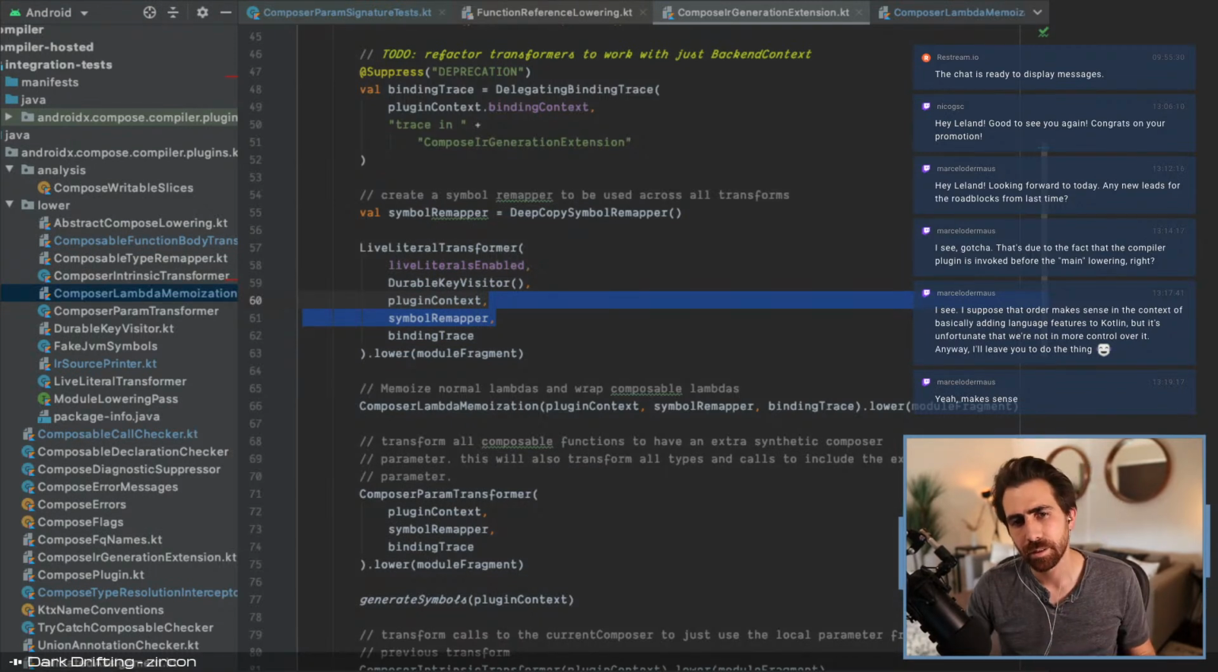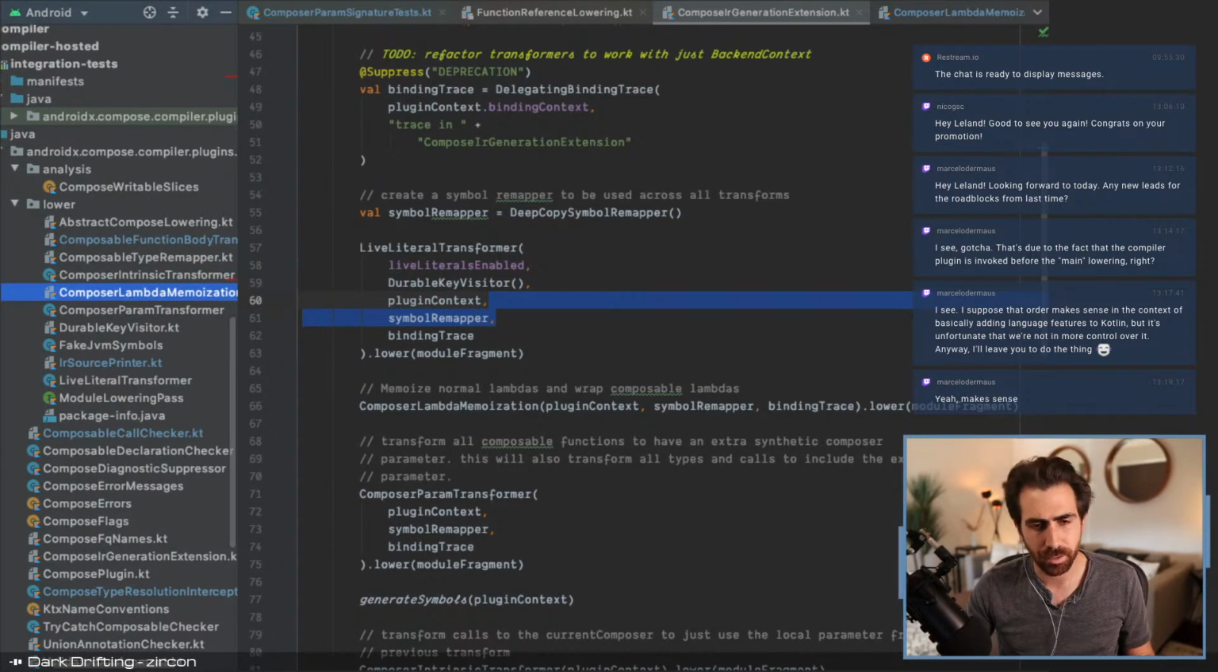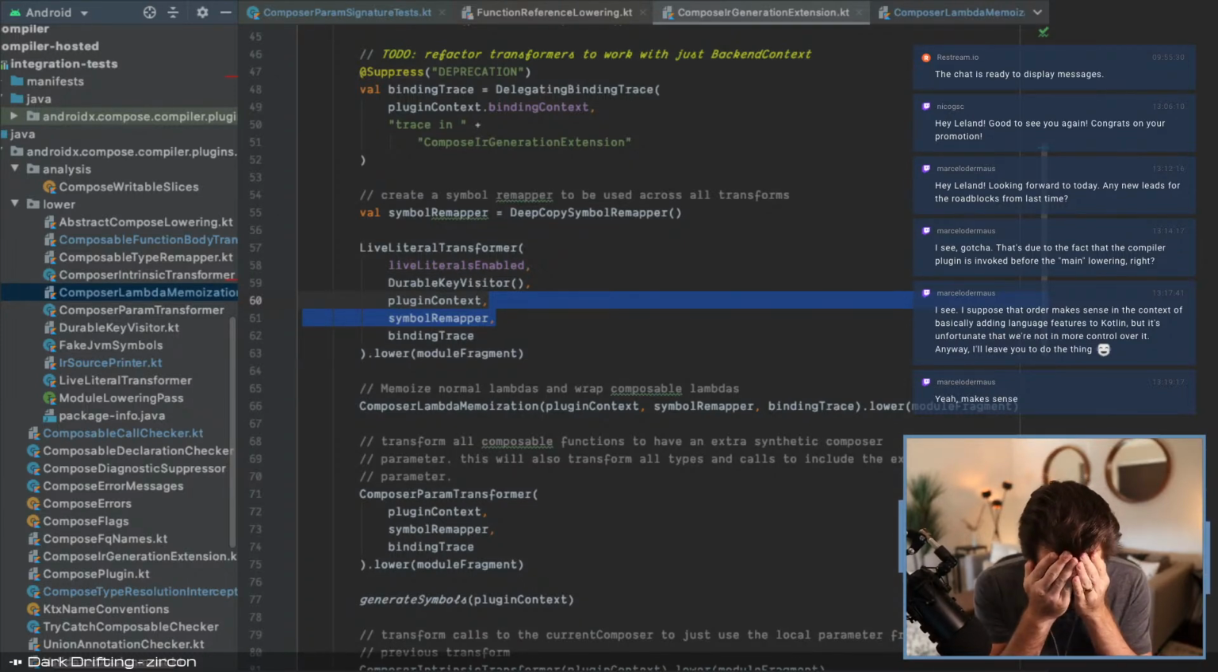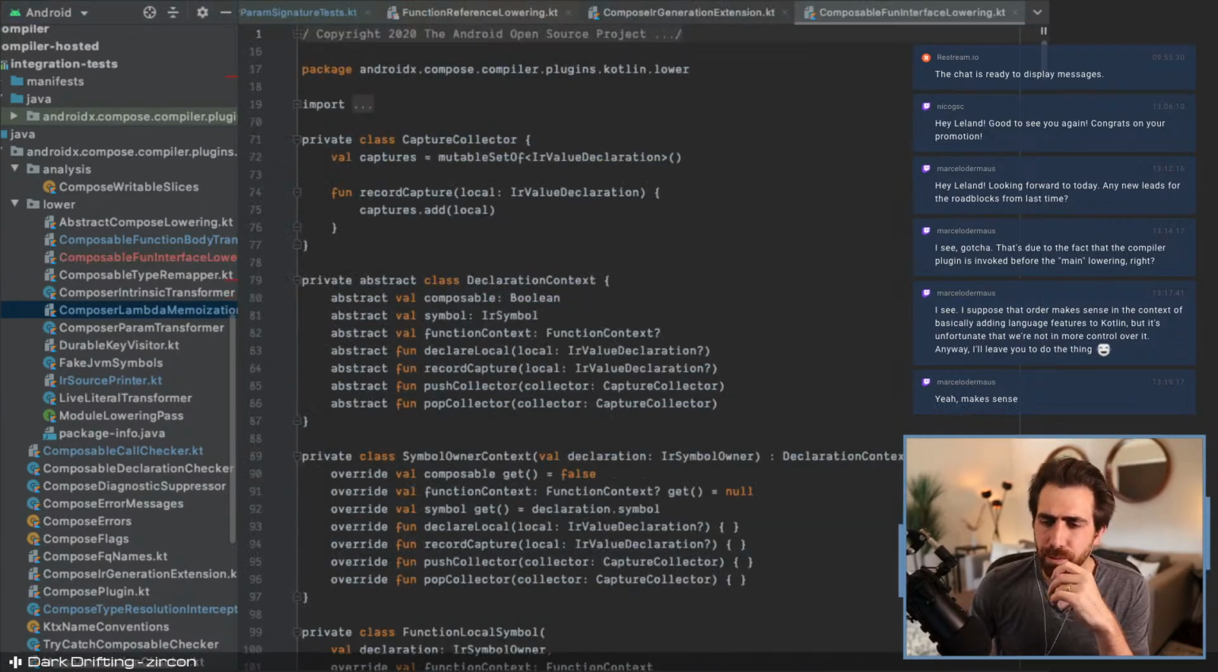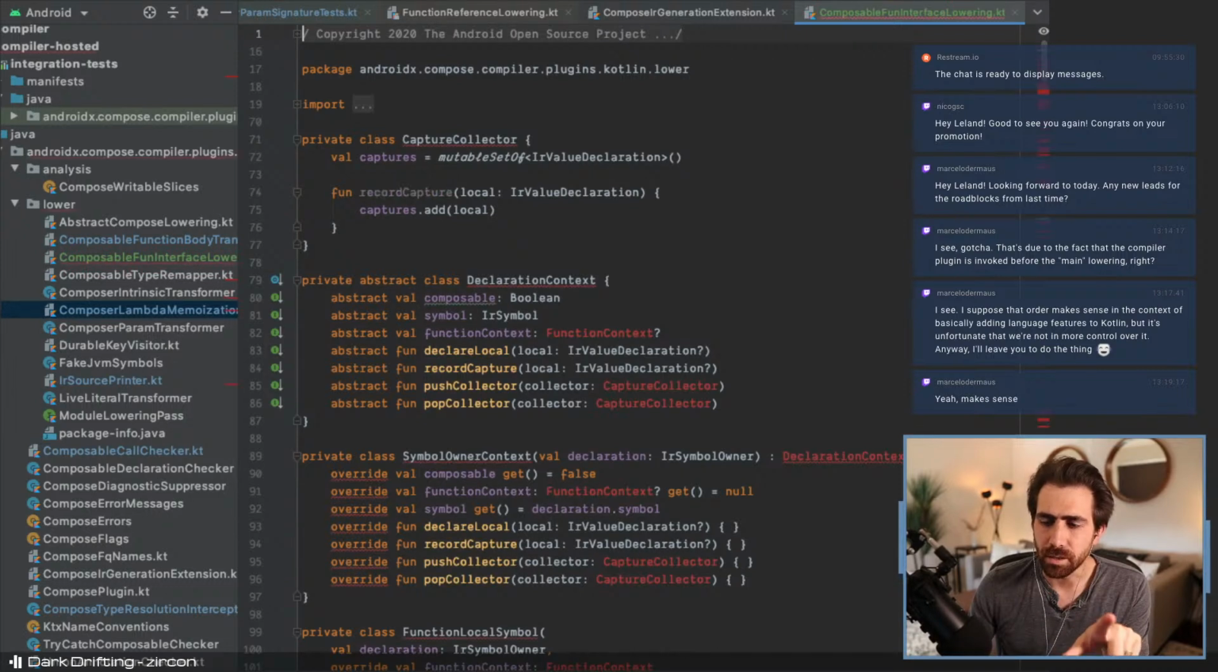I'm gonna make, actually I think I'm just gonna start by copying this. So what we'll say here is fun interface lower. We'll call it that. I think what I'm probably gonna end up doing is lowering the